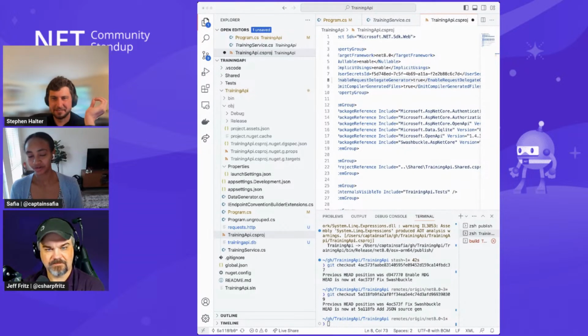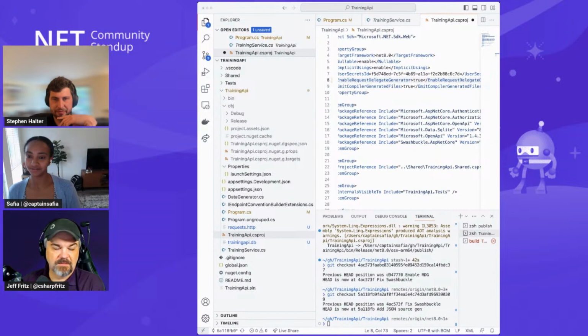So if you reference generic parameters in your map get endpoints or map action endpoints, we don't support code gen for that. We have done a little bit of design work to discuss how that might look in the future, so that's definitely on the docket. But I know, Stefan, that was one of the things you ran into, and you had to get a workaround going because you had a generic referenced in one of your parameters, and that's not currently supported.